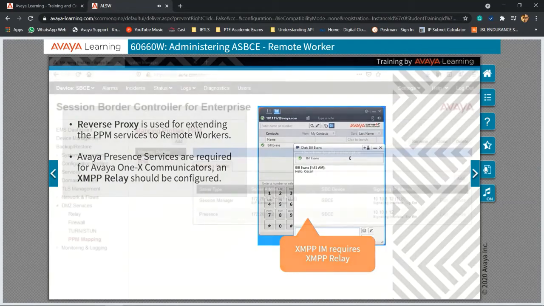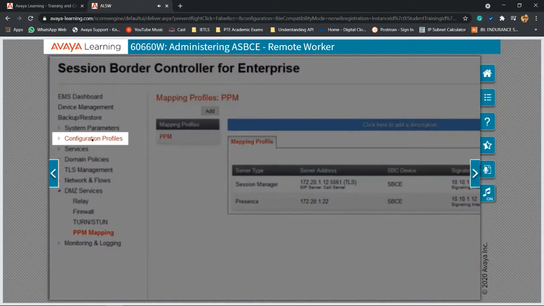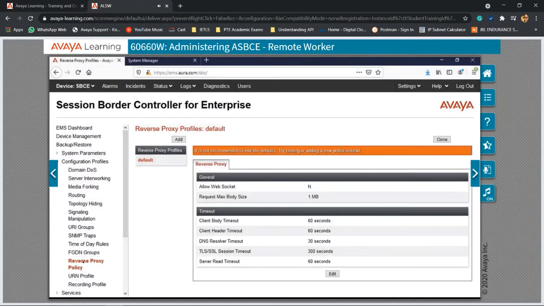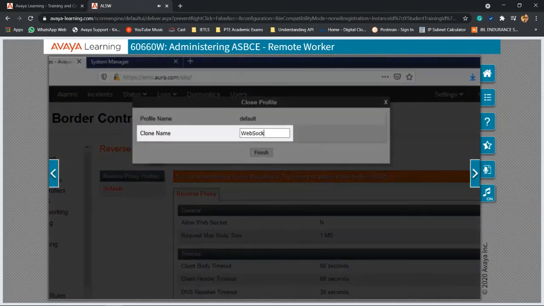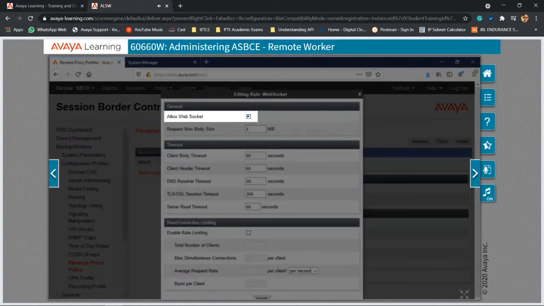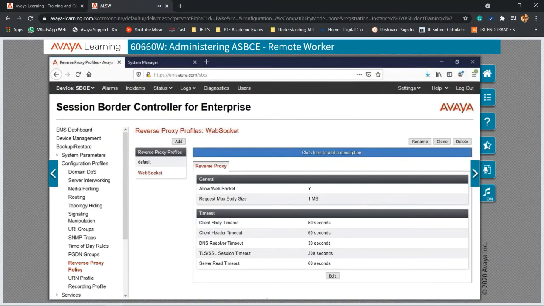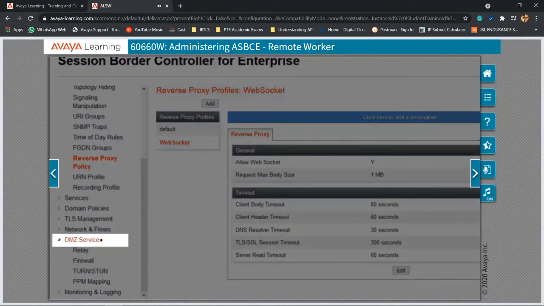training course. Before creating a reverse proxy, a policy needs to be defined. Click on Configuration Profiles, then on Reverse Proxy Policy. Clone the default profile and provide a descriptive name, for example, WebSocket. Click on Finish. Click on Edit and set Allow WebSocket to Yes. Click on Finish. To create a reverse proxy for extending the PPM messages to remote workers, click on DMZ Services,